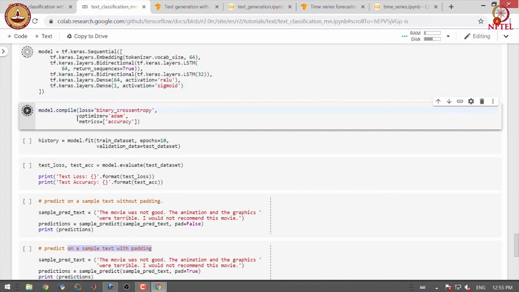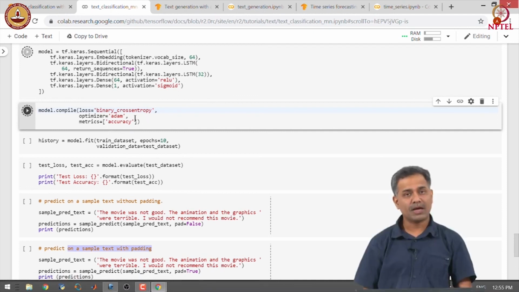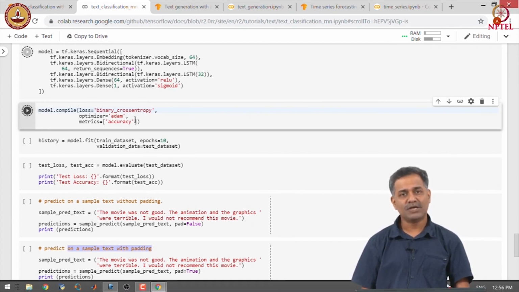We can compile the model and look at the model summary. At this point, I would encourage you to stop the video and print the model summary and look at the number of parameters for each layer and also the output shape of each layer.